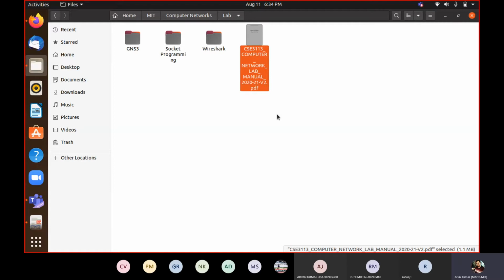Switches are smart, and that's the difference between a hub and a switch. A hub will just route the message: whenever it receives a message on any interface, it forwards it to all other interfaces, leaving out only the interface on which it was received. Your switches are smart. Initially they act like hubs and forward to all other interfaces, but eventually they learn that this IP address has responded with this MAC address on this interface, and they keep track of it. They write this information down and reuse it later.